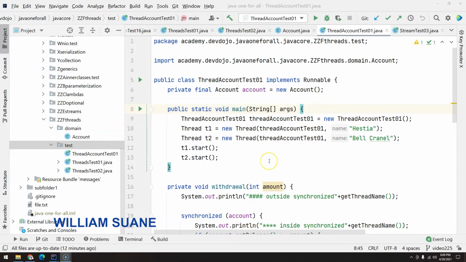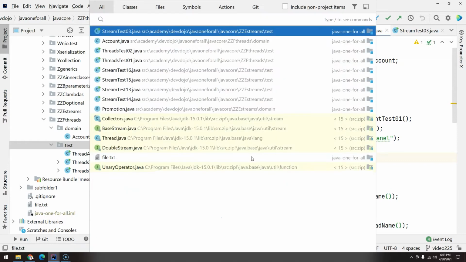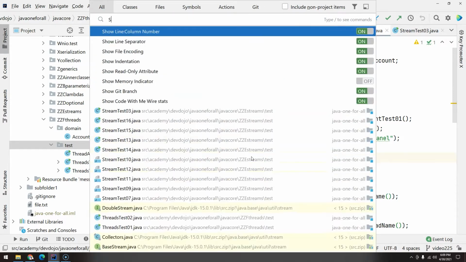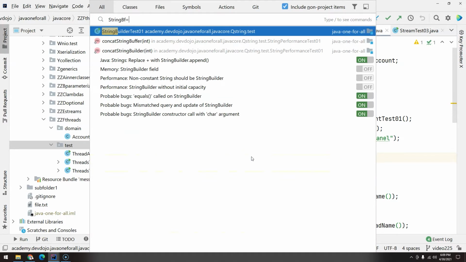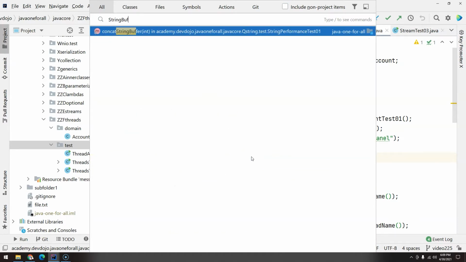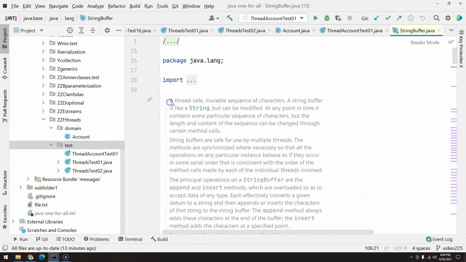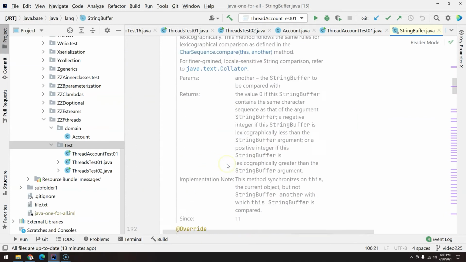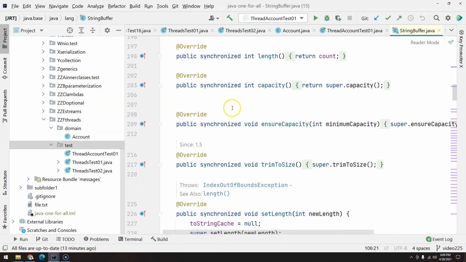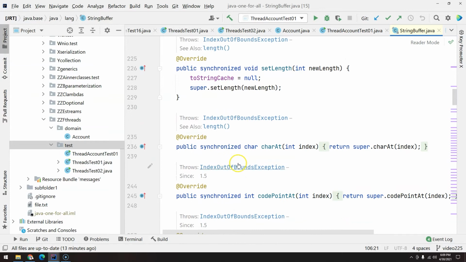Continuing our saga about threads, we are going to talk about thread safe classes. So we spoke about one of the thread safe classes, the StringBuffer. And I don't know if you remember, the StringBuffer is considered a thread safe class because all its methods are synchronized. Recall that you understand what synchronized means now. But I would like to show you that it's not because the class itself is thread safe that you are actually safe from having problems with synchronism.